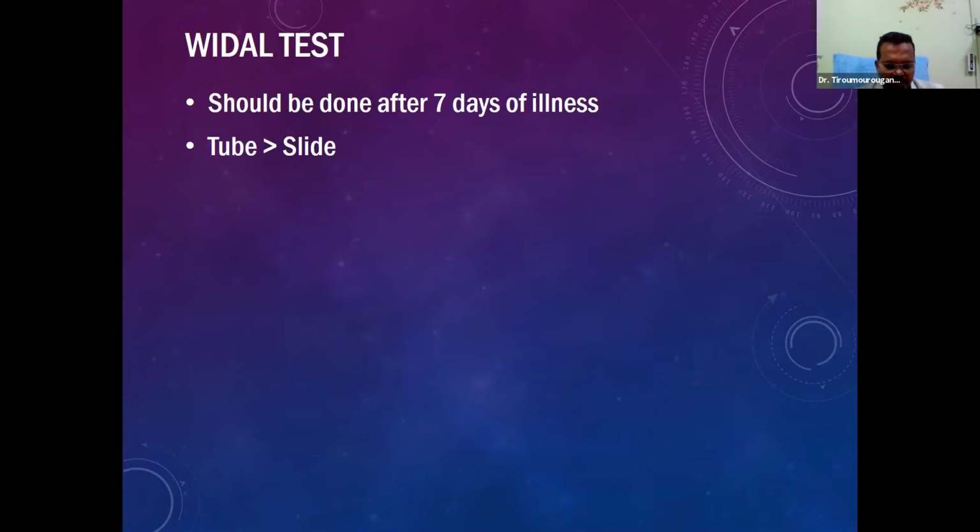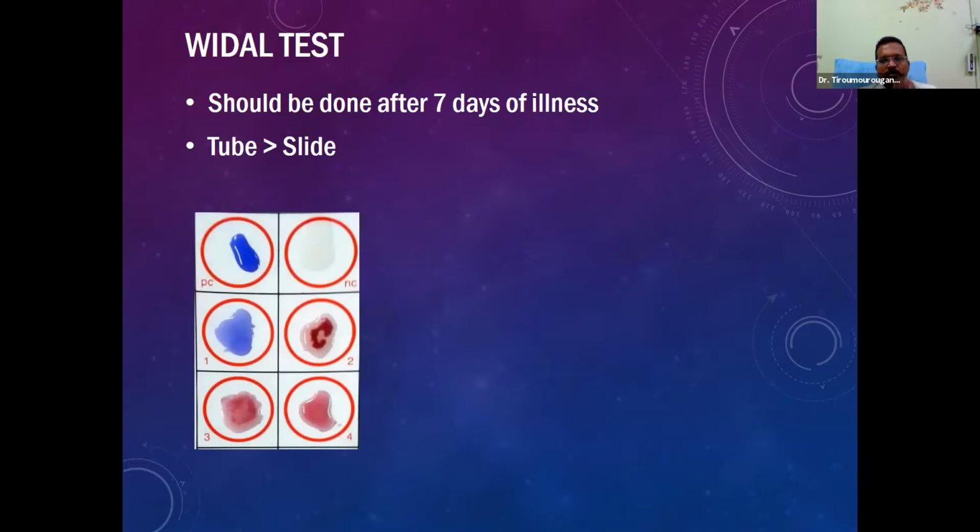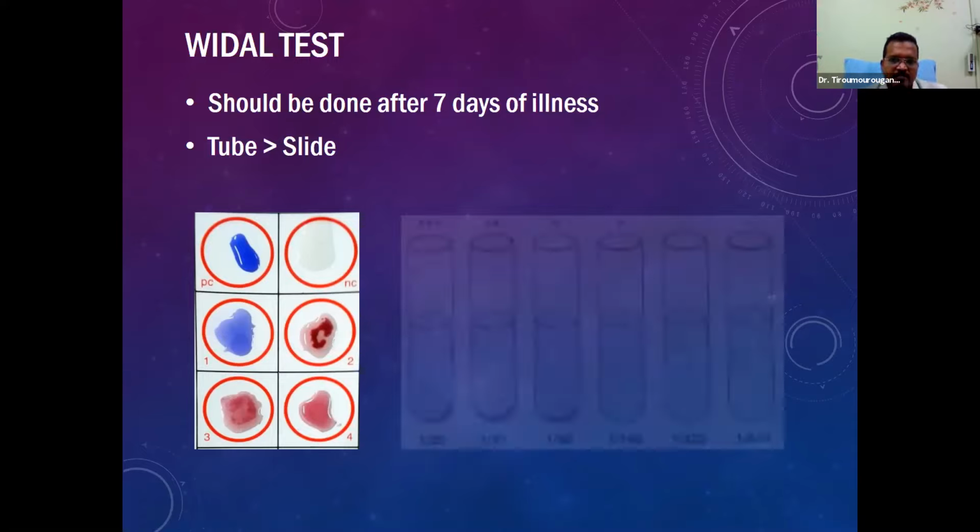And there are two types of tests. One is a slide test, another one is a tube test. The slide test gives immediate results, but is totally unreliable and pretty much useless. It's one of the most useless tests we can ever order. As you can see here, blue is basically positive, and the first circle here is the O antigen, so it's blue, so it gives a positive test. The dilution is not very accurate, and these tests are pretty much useless, and still it gets done by a lot of people, and then a lot of children are put on treatment based on these slide tests.